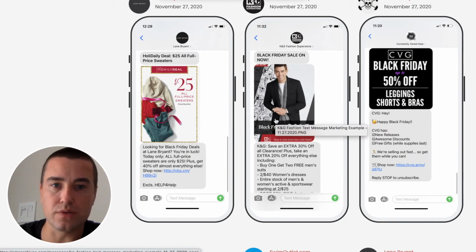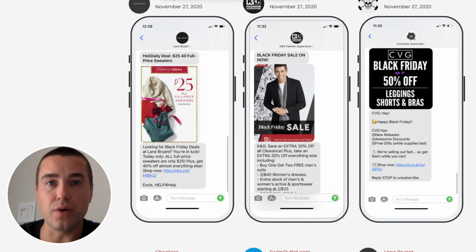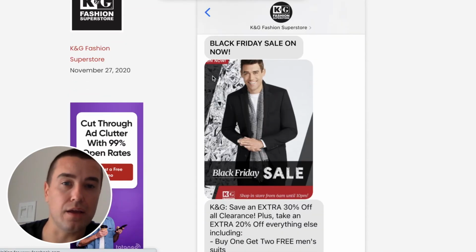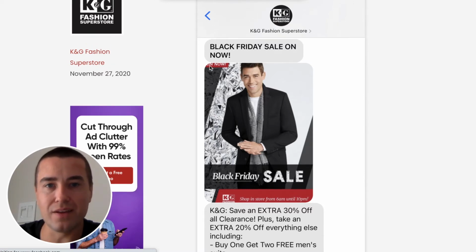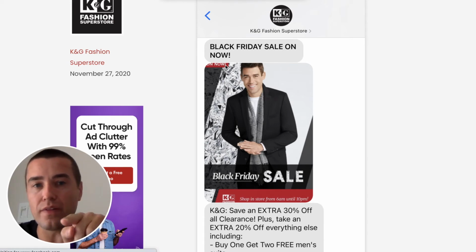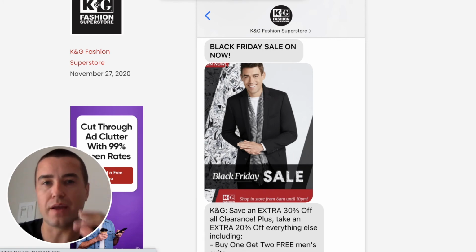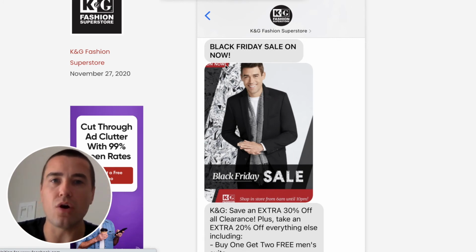Just to show you some examples. This is a great example of that safe area in a vertical image. Look at this. It's completely cut off the bottom of their logo. And then look at this at the top here. Now, what's happening is iOS or Android, when you click on the image, which no one does, based on my understanding and 14 years in text message marketing, talking to consumers, nobody clicks on the image. If you click on the image, it will expand and you'll be able to see everything. But most consumers are not clicking on the image.